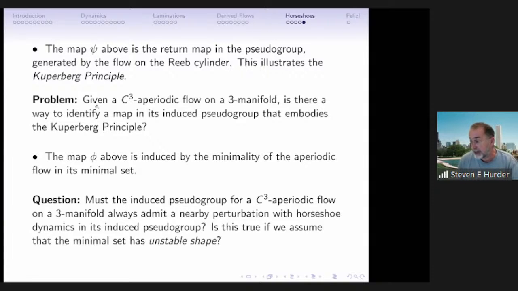because that implies that your orbits are already unstable shape. If you close the orbits to get a minimal set, that implies the orbits are already wild. They have an infinite set of generators. So there's obviously a lot going on at some micro scale.